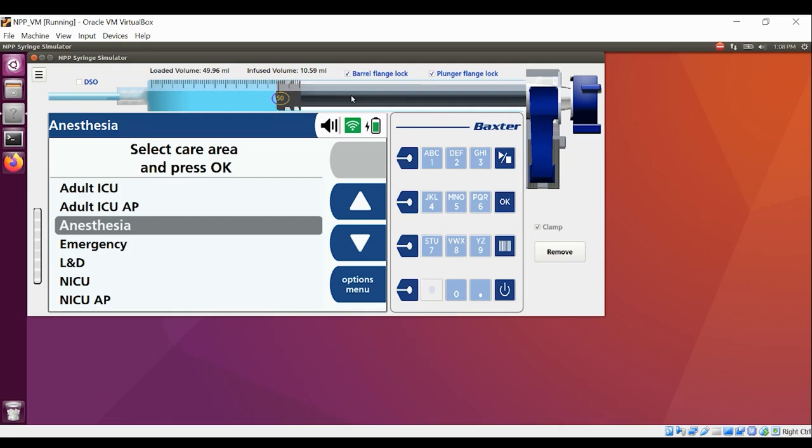Another point on rapid bolus. If you're demonstrating with a microbore set and a 50 ml syringe, then when you go to deliver at 1200 mLs per hour, depending on the length of the set or anything you have added to the set, you may not experience it, but they may experience a downstream occlusion alarm because of the pressure that builds up on that little mini bore or microbore set. So I recommend that when you are demonstrating in this care area, you use what we call a high flow set. The number for the US is